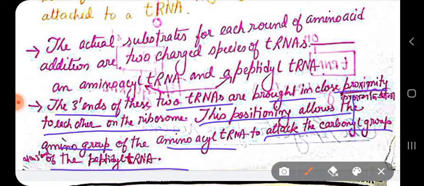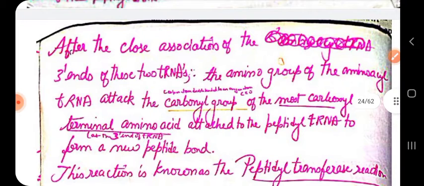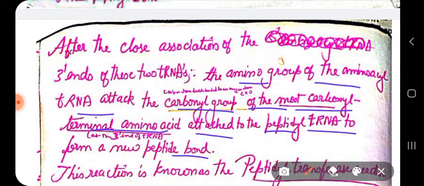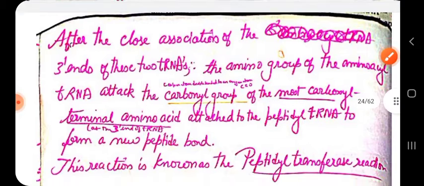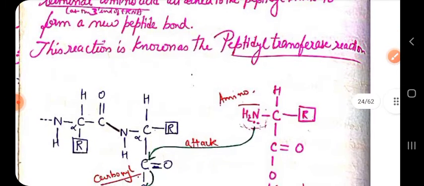Okay. So after close association of the 3 prime ends of these two tRNAs, the amino group of the aminoacyl tRNA attacks the carbonyl group of the carboxy-terminal amino acid attached to the peptidyl tRNA and forms a new peptide bond, right? And this reaction is called the peptidyl transferase reaction, catalyzed